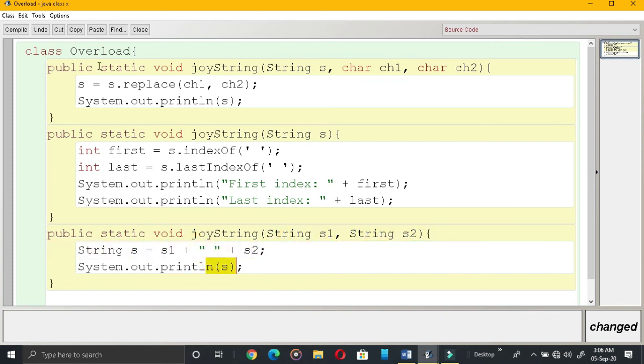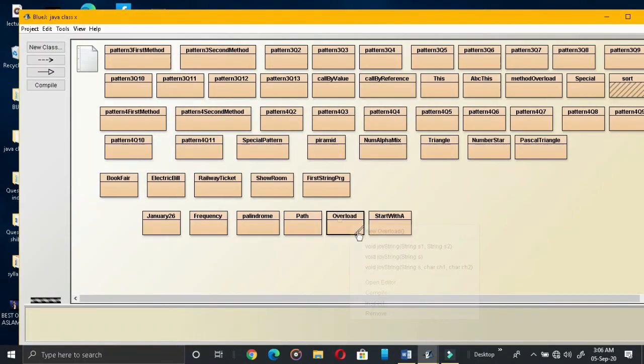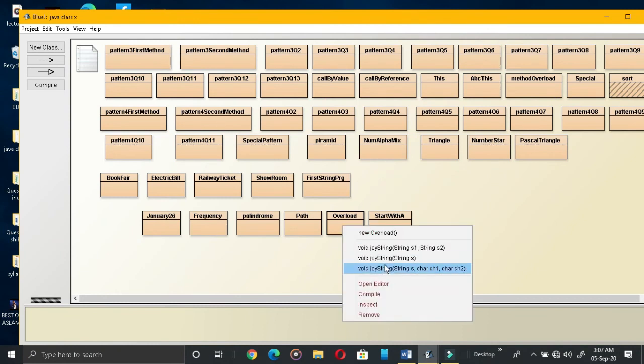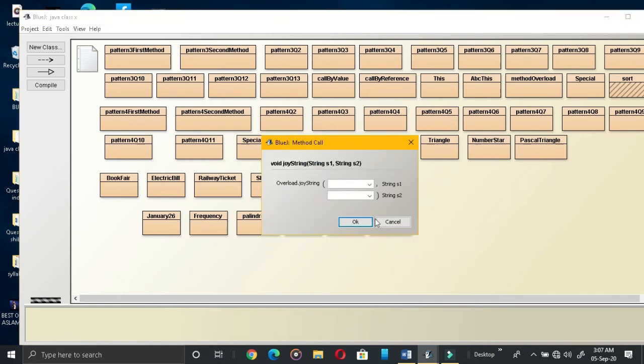That's all. Now in order to run this, compile, then close it. So let us see the program. There are three functions. According to the function, whatever you are taking, the input and output will depend on this only. See, I am giving here two strings.